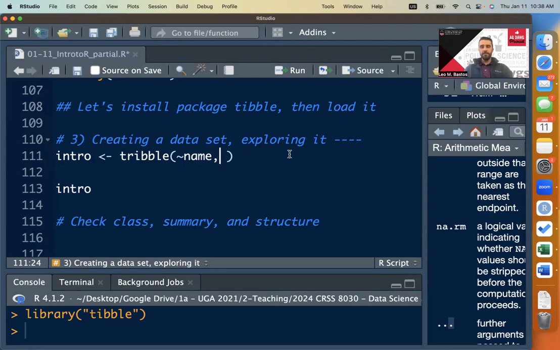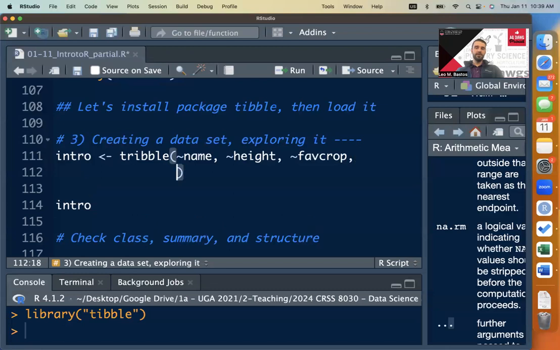So the next column, give it a comma. The next column I want to have is called height. Then give it a comma. The last column I want to have is fav crop, for favorite crop. After this last comma and before the closing parentheses, just give it a few returns, a few enters, just so we break the space here and we can